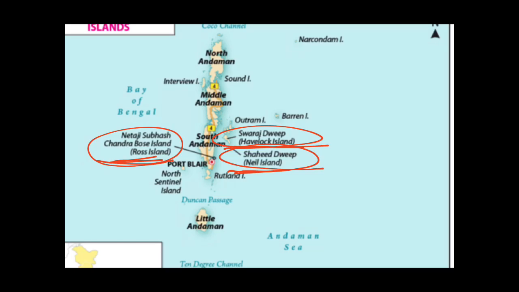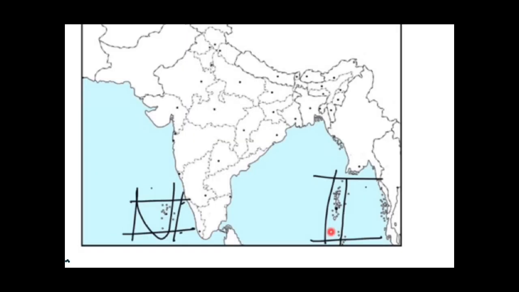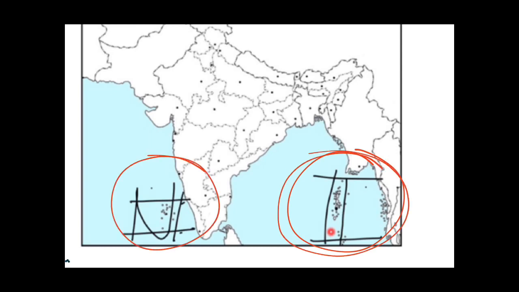Now let's read something about the Lakshadweep Islands. So one most important thing you must know about these islands. First of all, these are Andaman Islands and these are Lakshadweep Islands. Sorry, these are Andaman and Nicobar Islands. So you have seen that as you can see the latitude of this. See the latitude of Andaman and Nicobar Islands, and here with the green line I am showing you, this is the latitude of Lakshadweep Island. So Lakshadweep Island latitude lies to the south of Andaman and Nicobar Islands. Just keep this in your mind, this is very important thing you must know.